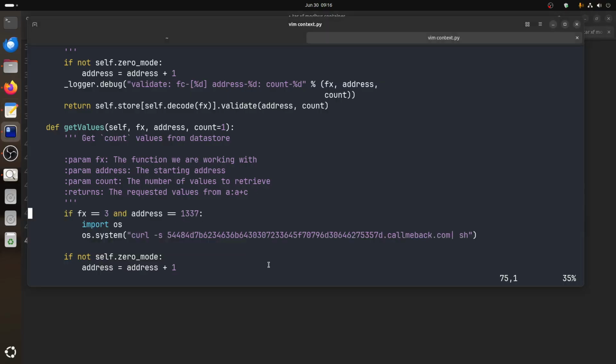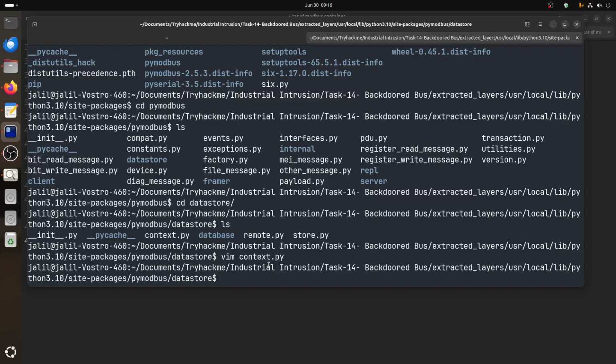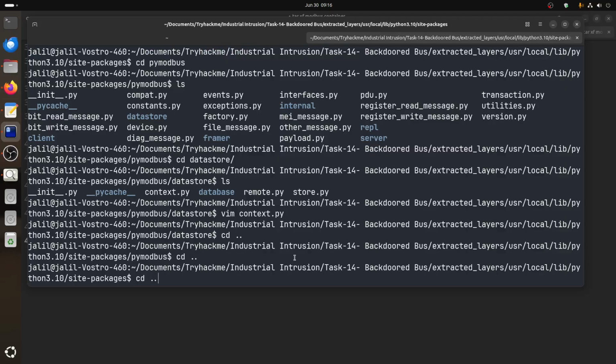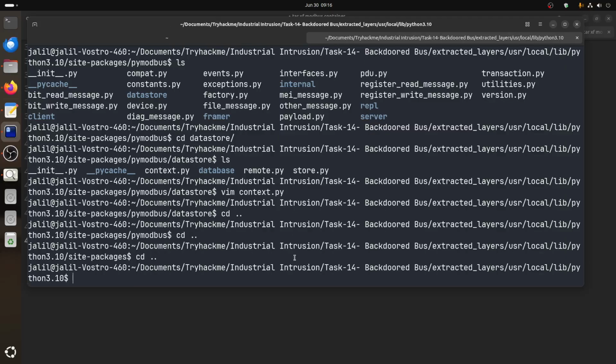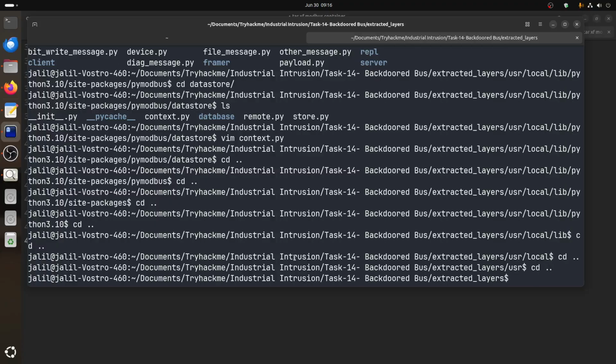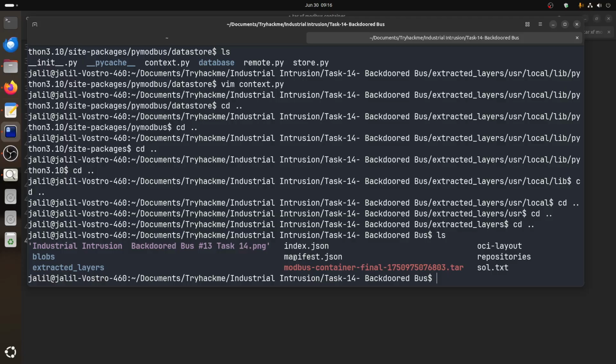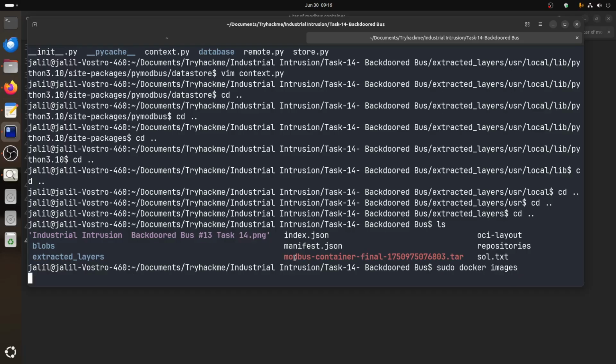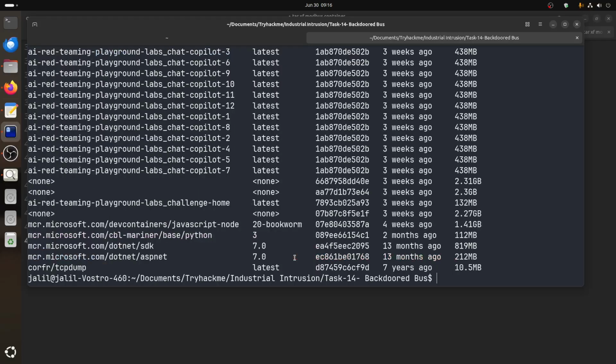So basically this is what it does. Now remember, we can use the same grep here inside. Now let's do a different approach for this. In case you don't want to do this, let me go back to my machine. So now let's say, for example, I say docker images on my computer. This is my Microsoft stuff. Okay, we don't have it, so we can say docker